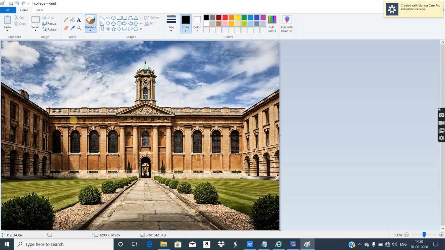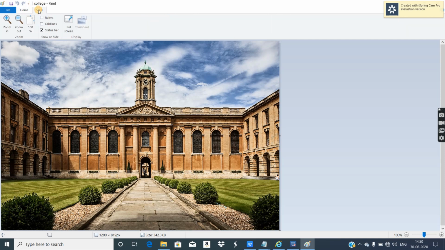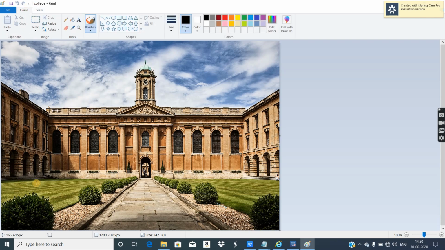In case the status bar is not visible, you go to the view menu of the paint and see here we have options like ruler, grid lines and status bar. Give a check mark on status bar, you will be able to see the status bar as well as the coordinates. So x-axis, y-axis, because it is a two-dimensional image, you will get two sets of coordinates for each pixel, for each point.